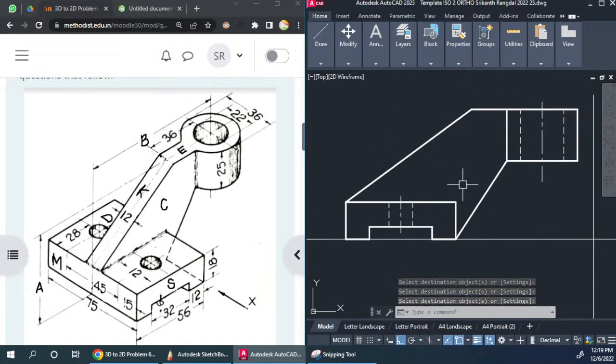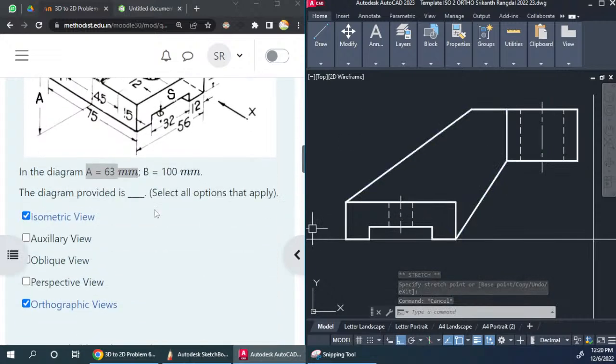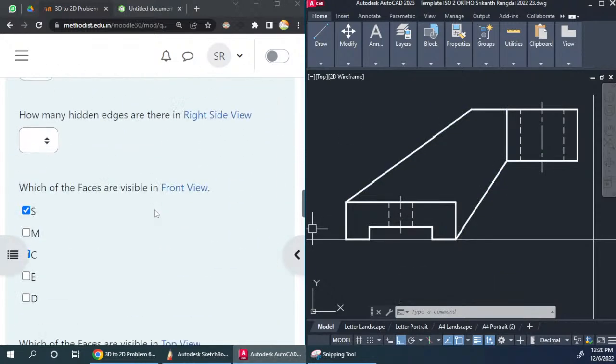So this completes our front view. You can see that there are 4 hidden edges over here. These are axis lines. They need not be counted as hidden edges, and they need to be shown here like the axis line is supposed to be. And then there are all these kind of things. So finally, if you want to come over here,